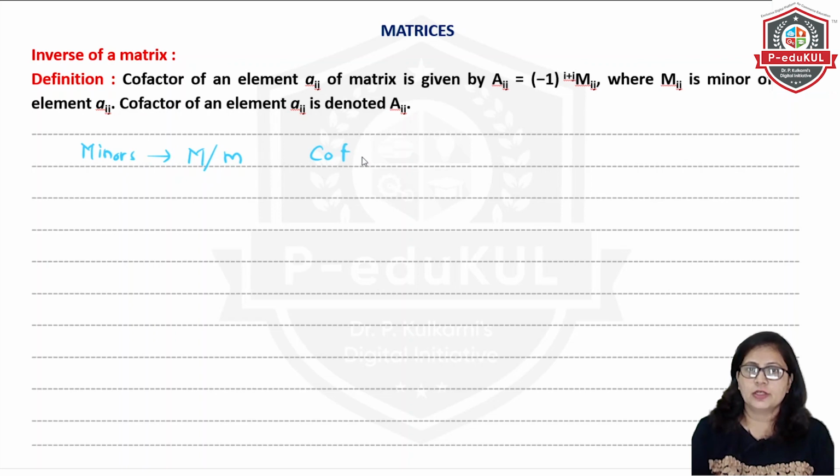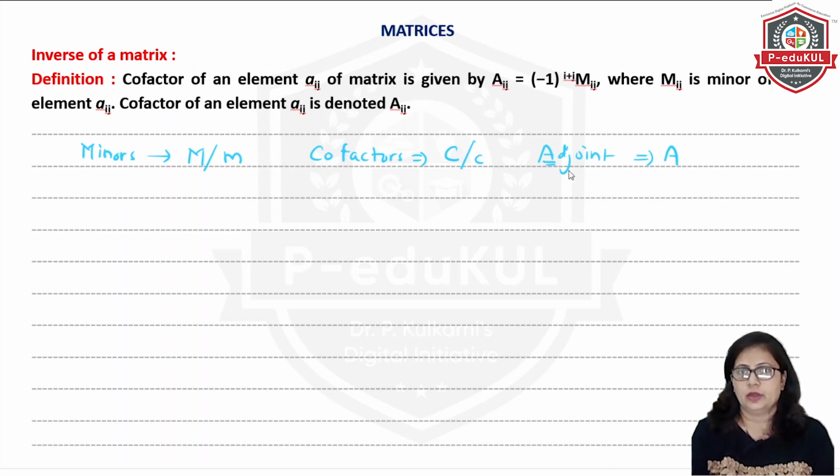Then for cofactors we will be using the letter capital C or small c, and then for adjoint we will be using the letter A. So actually it is very simple to remember, that's why I am using that same particular letter. Adjoint का A, cofactor का C and minor का M. अब cofactors कैसे निकालने हैं? Once you calculate the minors, then your cofactors, that is Cij, will be -1 raised to i plus j into M11. ये थोड़ा सा मतलब कॉम्प्लिकेटेड लगता है पर है नहीं, बहुत ही आसान है. So this is what the cofactor is.